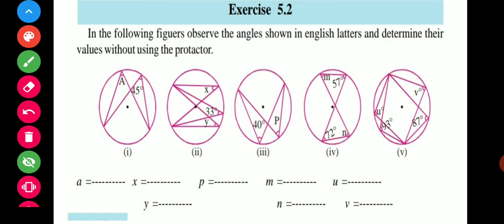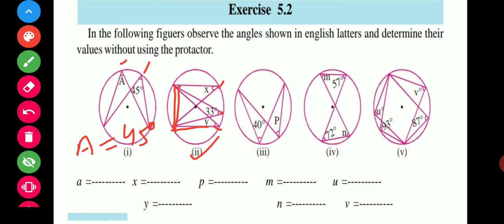So first of all, here is angle A. This angle is given, this and this, so both are equal. So A is equal to how much? 45, because it is a angle of same segment. Now come to the, once again, this second figure. In this second figure there is a segment, this segment, and the angle of same segment. ये भी आपका एंगल, ये एंगल और ये भी एंगल, तीनों एंगल जो हैं क्या है? एंगल ऑफ सेम सेगमेंट. सो वैल्यू ऑफ x is equal to